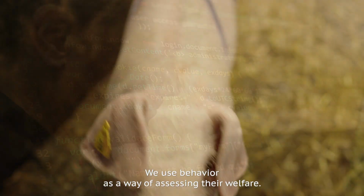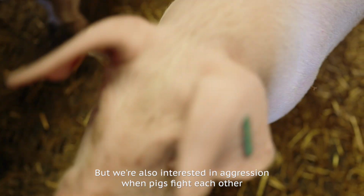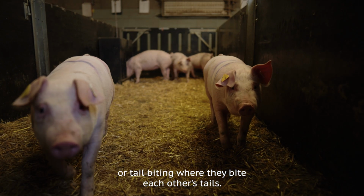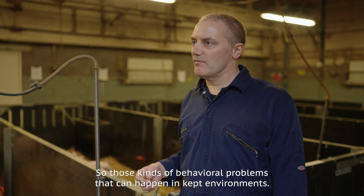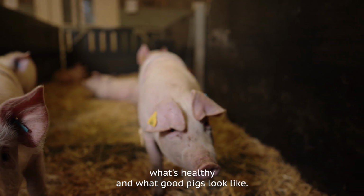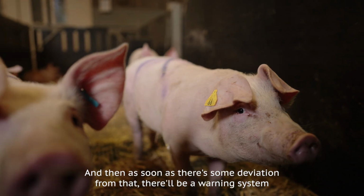We use behaviour as a way of assessing their welfare, but we're also interested in aggression when pigs fight each other, or tail biting, where they bite each other's tails. So those kinds of behavioural problems that can happen in confined environments. You build up a picture of what's normal on that farm, what's healthy and what good pigs look like. And then as soon as there's some deviation from that,